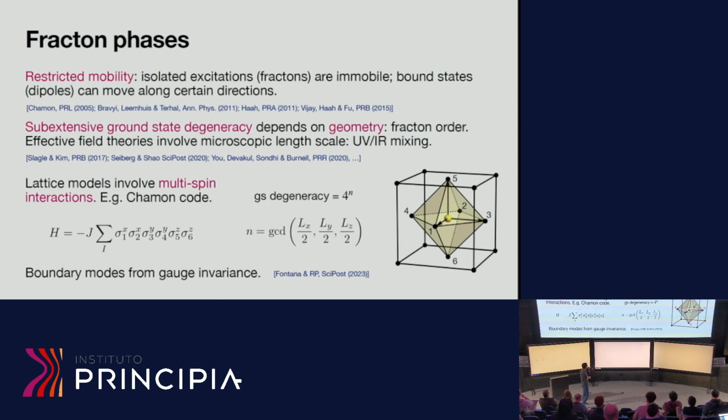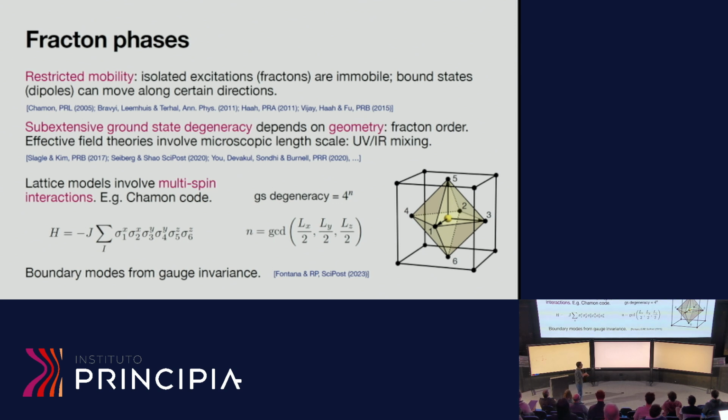So just to give one example that I like because we worked on this model, this is the Chamon code. Typically, the lattice spin models that have fracton behavior involve multi-spin interactions. In this case, the interactions of the Chamon model are defined on octahedra. So you take the 6 sides of the octahedra and define a stabilizer code. This is the local stabilizer, and you sum this over all the octahedra covering some FCC lattice. And then you can show, for example, that the ground state degeneracy here will grow exponentially with this number n,